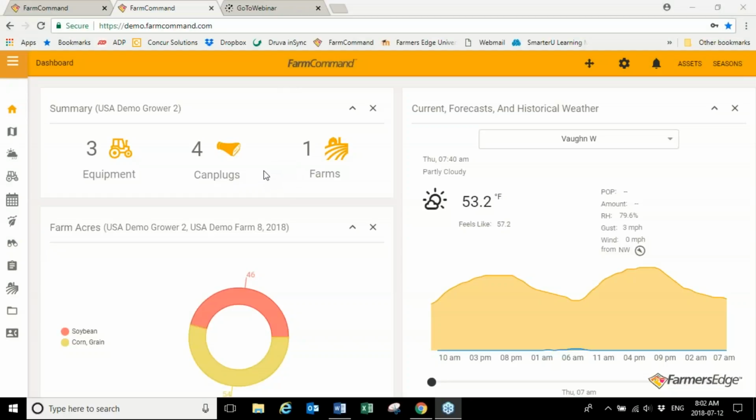So here we are, we're logged into FarmCommand, and the first thing we're going to cover is setting custom notifications. If we head to the home screen, you click this button right here. Once we get here, we'll see this bell, and that's where our notification settings are. So if we hit that,